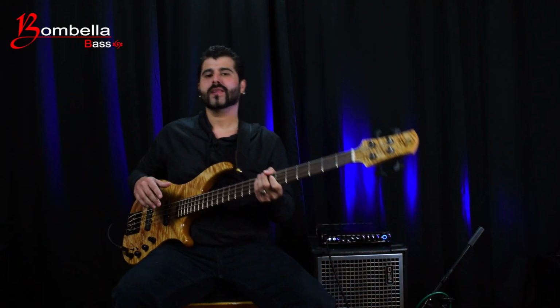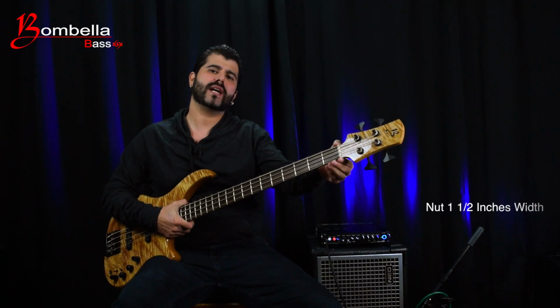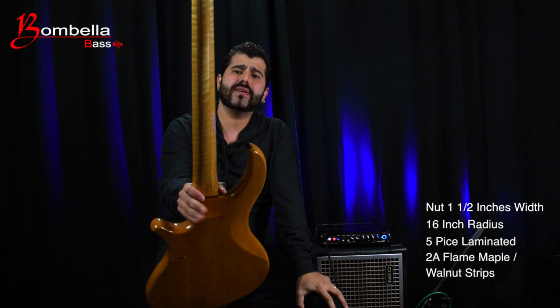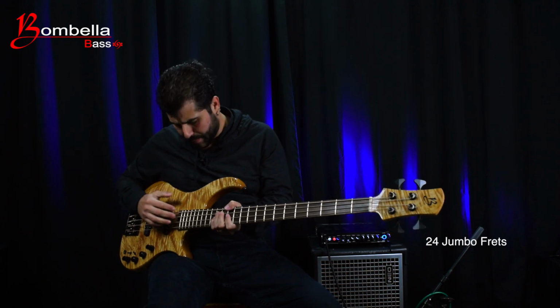Great sustain, and that, my friends, that's what I call a really nice balanced passive sound. The nut is 1.5 inches wide and has a 16-inch radius fingerboard. The neck is a 5-piece laminated beautiful AA flame maple with walnut strips, has 24 jumbo frets, and a beautiful